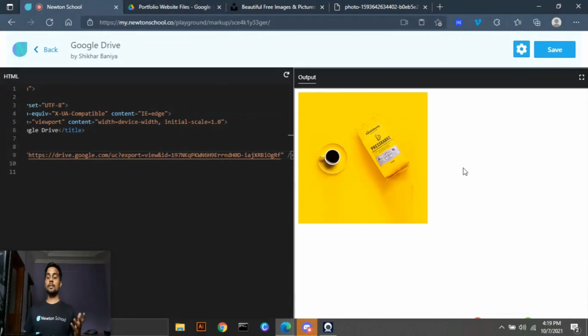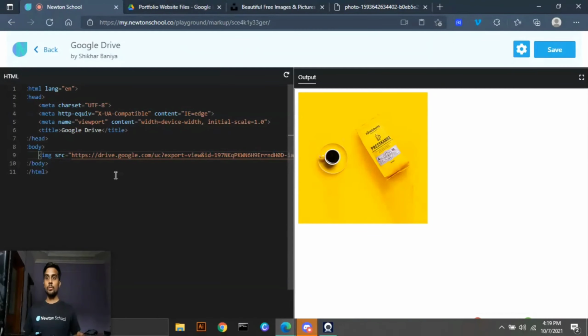So now you can see that image. You have to just remember this part. This link allows us to display an image which is uploaded on Drive. Okay, so let me show you one more time.